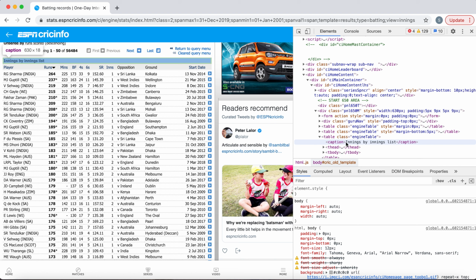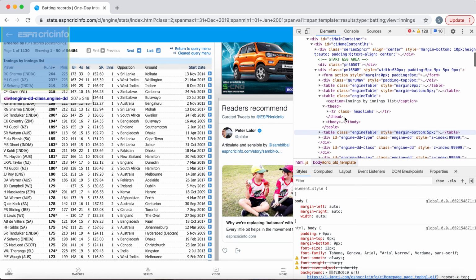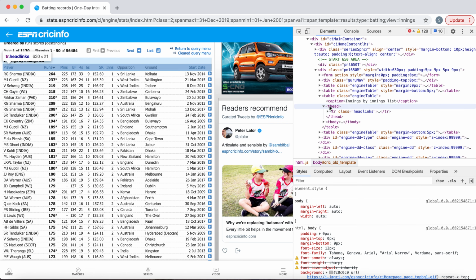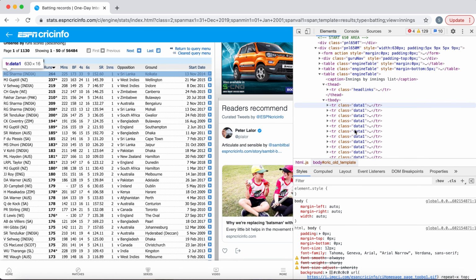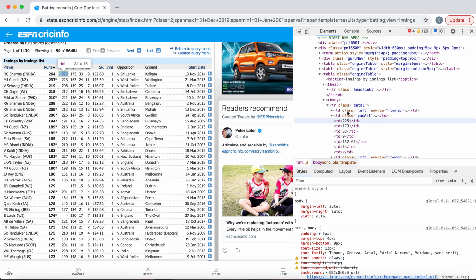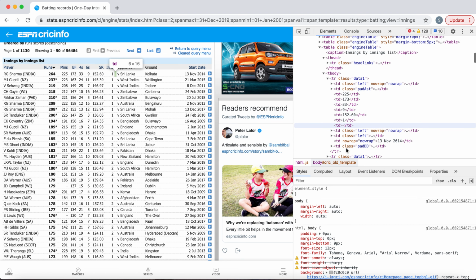The caption is innings by innings list, and this is the heading part, where we have defined all the column names. Inside the body we again have tr tags, and each tr tag represents one row. Here we can see all the data with the help of the td tag.